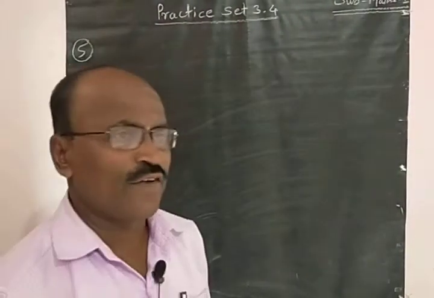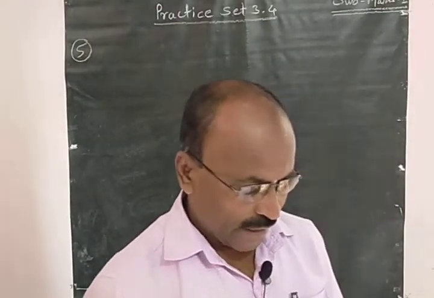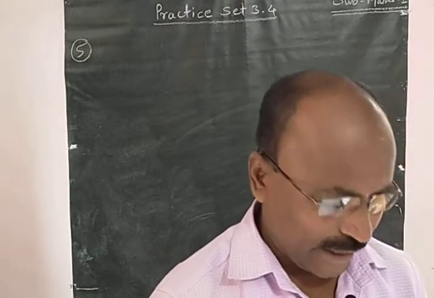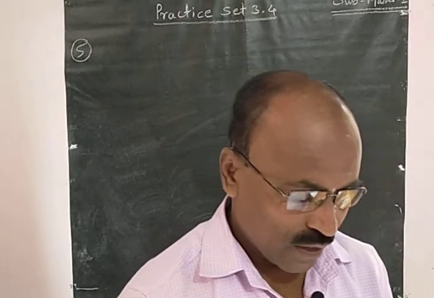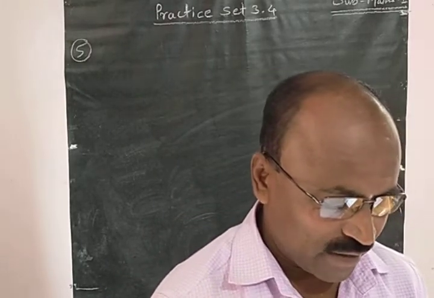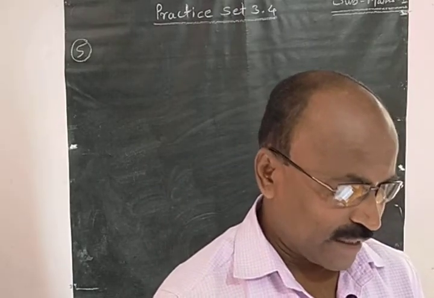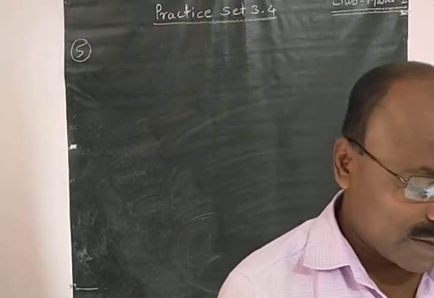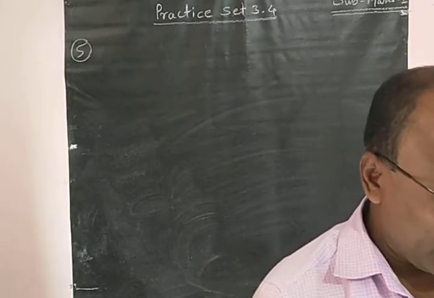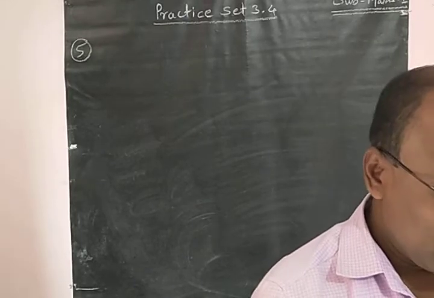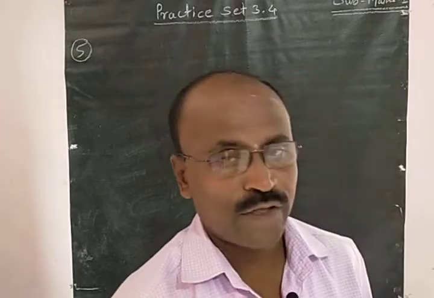Now let us see the fifth example. Kargil's temperature was recorded in a week from Monday to Saturday. All readings were in AP. The sum of temperatures of Monday and Saturday was 5 degrees Celsius more than the sum of temperatures of Tuesday and Saturday. If the temperature of Wednesday was minus 30 degrees Celsius, then find the temperature on the other 5 days.